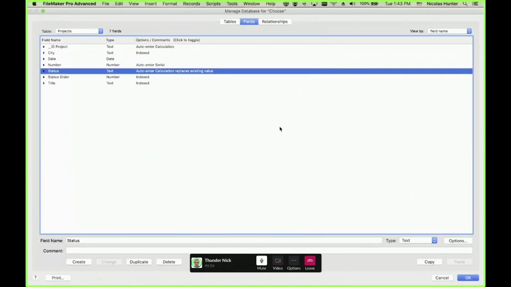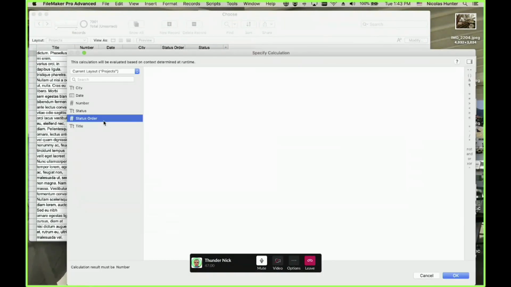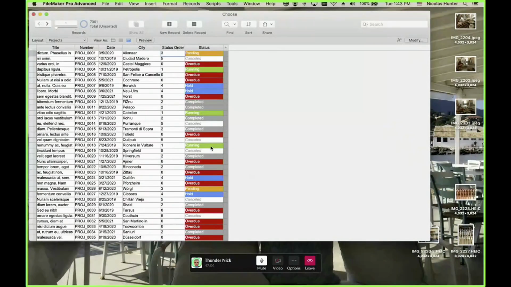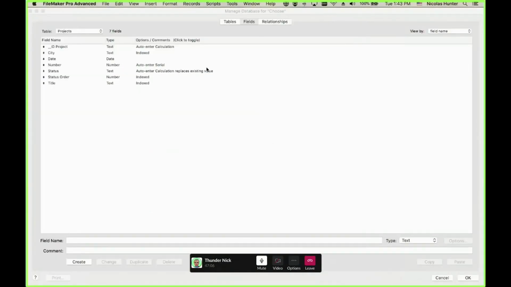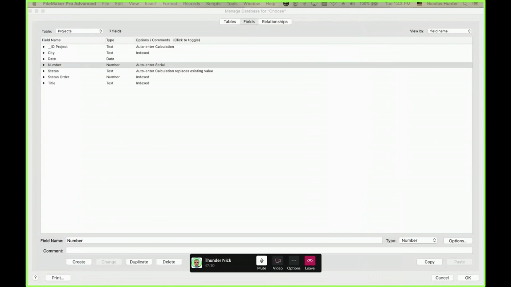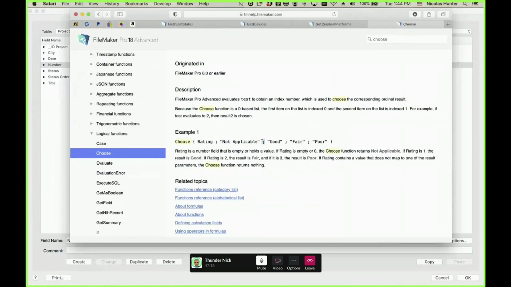Let's see if it's still working. That's a good observation, because FileMaker specifically says you need to do this, right? I don't know what to think about it.